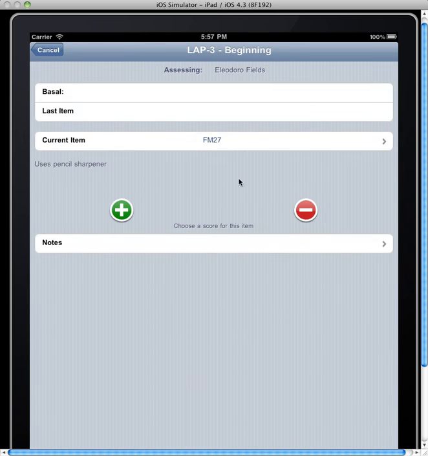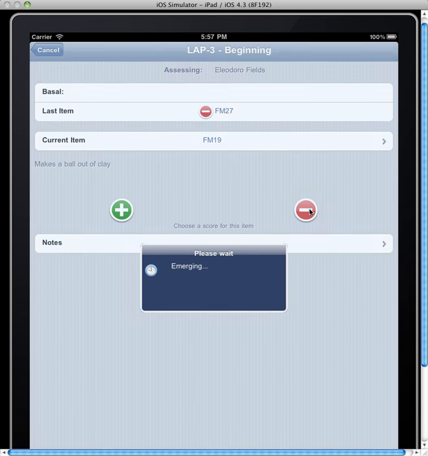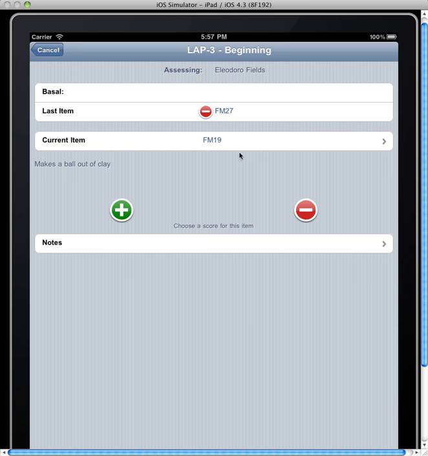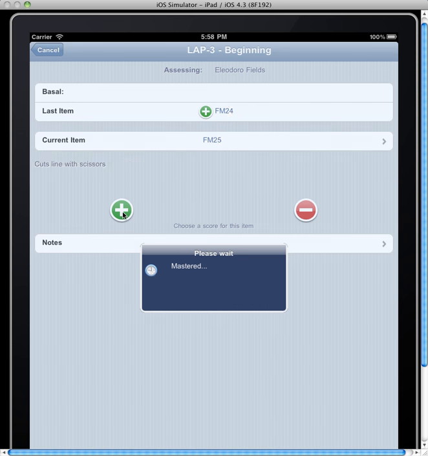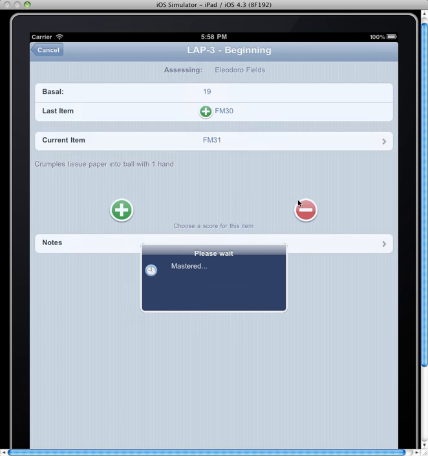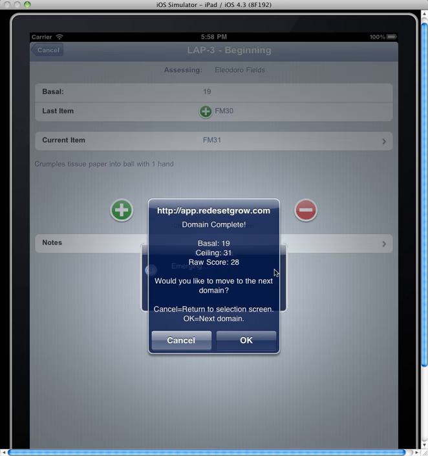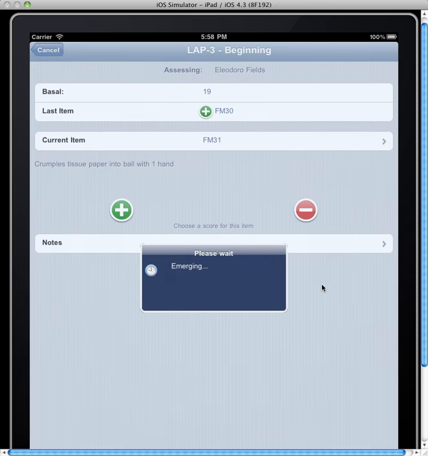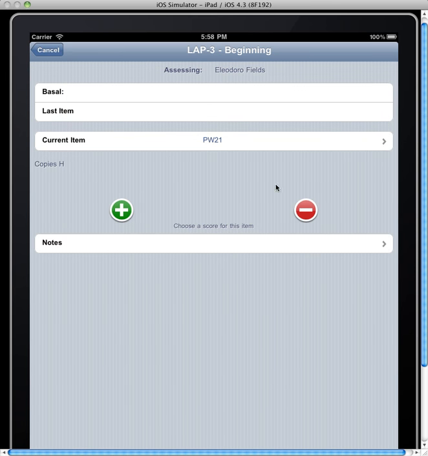Again, it will take me immediately to the starting point item. Remember the basal rule. If the child scores a minus before the basal is reached, the system will automatically move you back 8 items from your current item. You can then continue to score the items. Once the basal and ceiling have been reached, the system will inform you of this. To move on to the next item, or the next domain, I select OK, and it will take me to